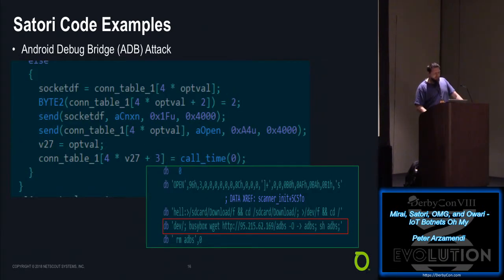The last example here of a vulnerability or attack that Satori added is one of my favorites. Around the middle of August, we saw a huge uptick in scanning for port 5555. And for those Android people out there, you know exactly what that port is. That's the ADB port. So Satori would scan the internet, look for any systems that had ADB open, and then would issue the following command to connect to ADB and issue a request to download a sample and run that sample to, again, infect the device and add it to its botnet. So we can see here through the evolution of Satori the addition of new techniques to gain access, building upon Mirai.